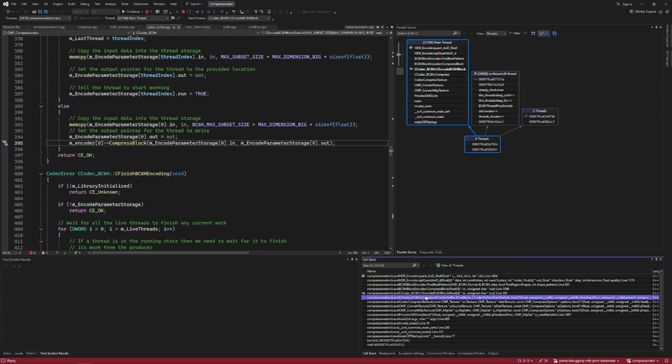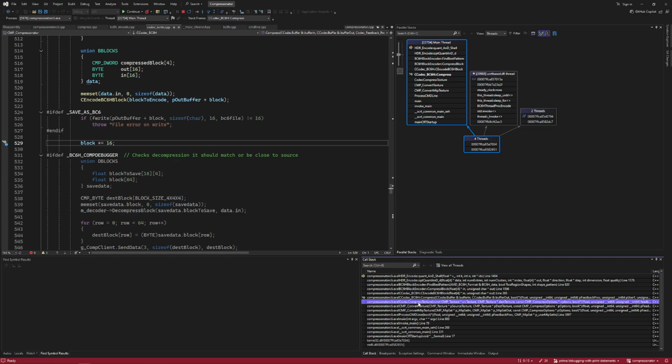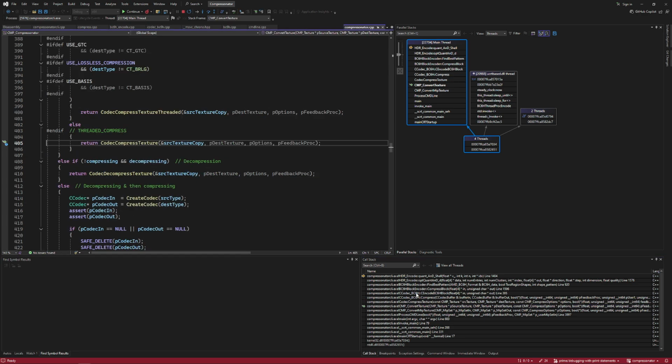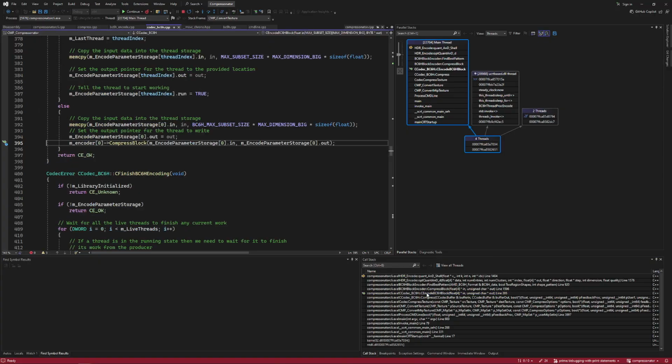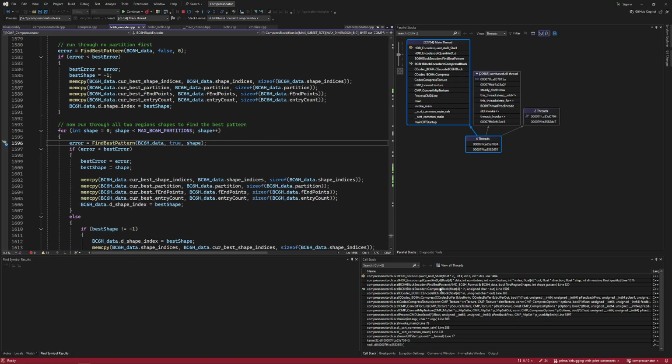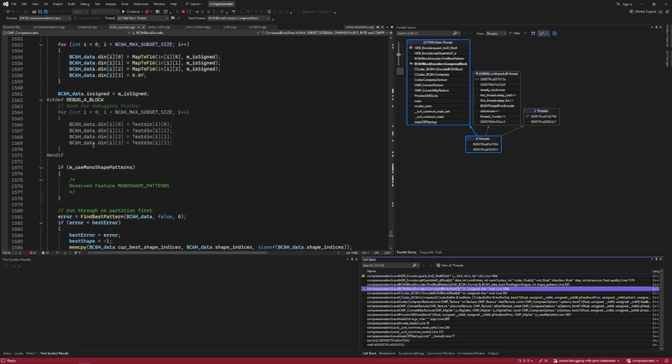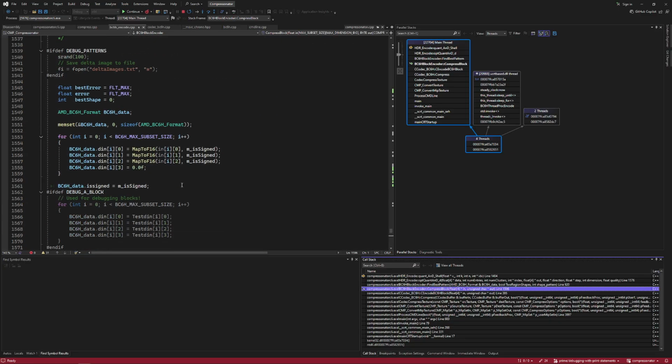But you can see that it's a different path, and that's what actually ends us up at here, M encoder compress block, compress block. Yeah, and